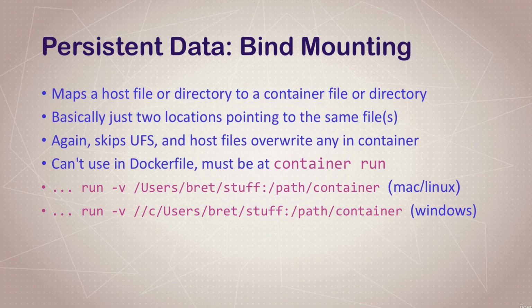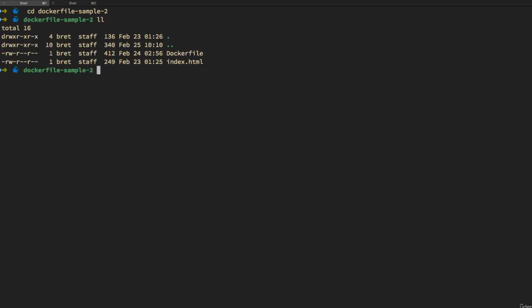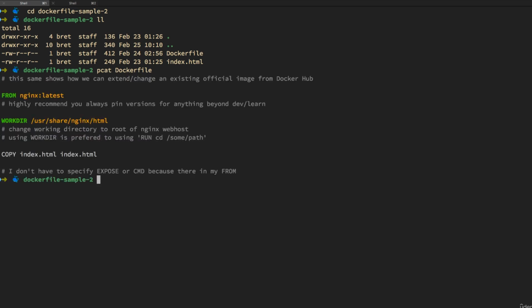So let's do that with Nginx. If you go to the root of our repository for this course, and then we go into the dockerfile-sample-2 directory. We were in here earlier, and if you remember, there's two files. And this is for Nginx, right? If we look at the Dockerfile real quick, it's pretty simple. It's just specifying a working directory and then copying an index file into that directory. Now, there's no volumes here. A bind mount doesn't require a volume to work, although one could certainly be there, but the host always wins,